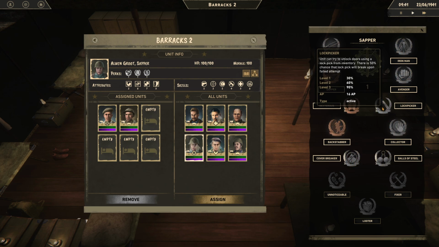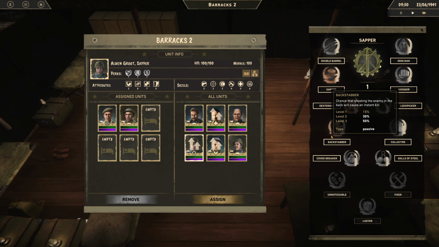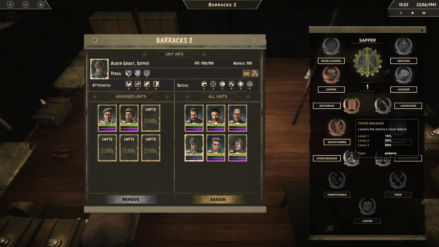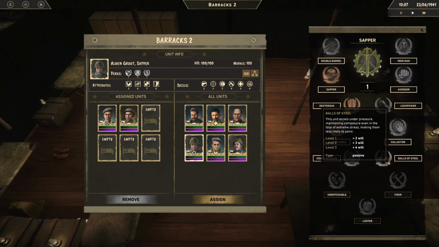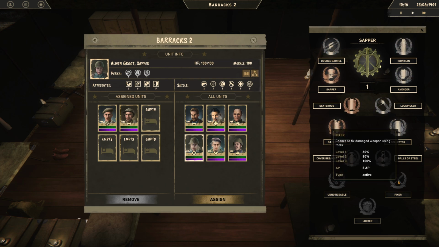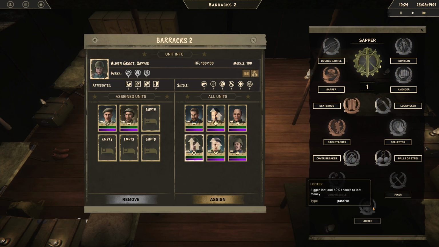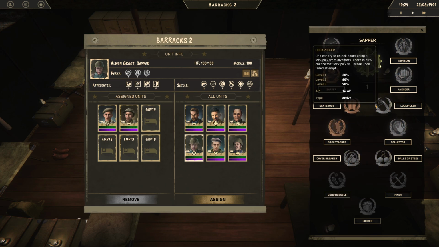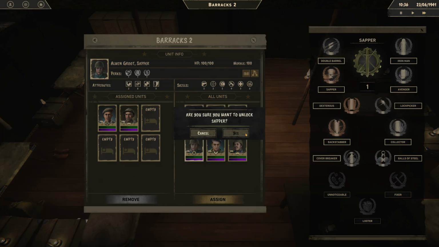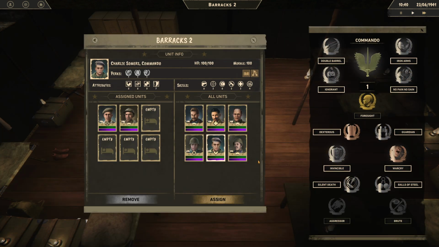Lockpicker, obviously be handy. You can use a lockpick in your inventory. Chance that shooting the enemy in the back will cause instant kill. Chance that unit will recover mine. Lowers enemy cover bonus. Balls of Steel. Unnoticeable. Unit has a chance to not set off Overwatch, chance to fix damaged weapon using tools, and bigger loot. So that's pretty cool. We're just gonna max out Sapper, and then for the Commando,